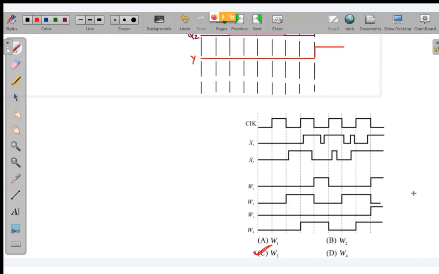Tell me if this is clear or not. How many of you got W3 as your answer or this waveform? Good question to confuse us. Yes. Now you guys don't need to confuse yourself. See,